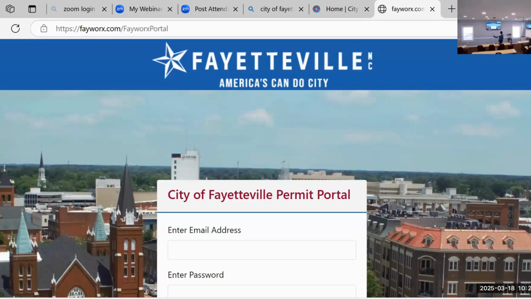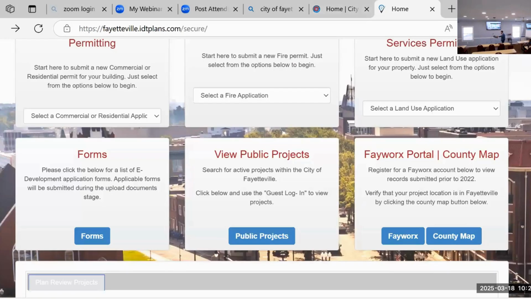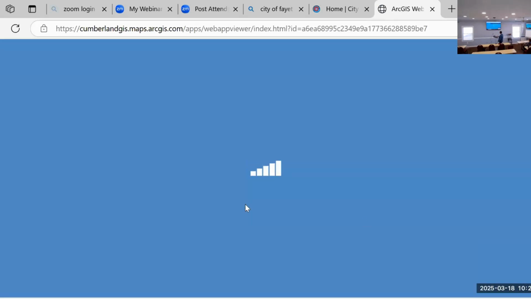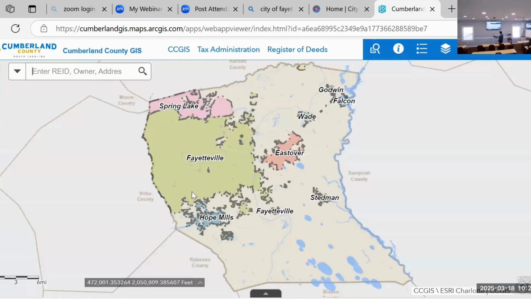Now, a note with that, I did mention that that's back to 2014. If it's not within CityWorks in our system, I'm going to send you a direct message and say, hey, there's nothing on file within our systems. The other method of being able to verify anything prior, there's two different ways here, and I'm going to cover those real quick. So the county map, if I come into the county map to verify an address, let's use